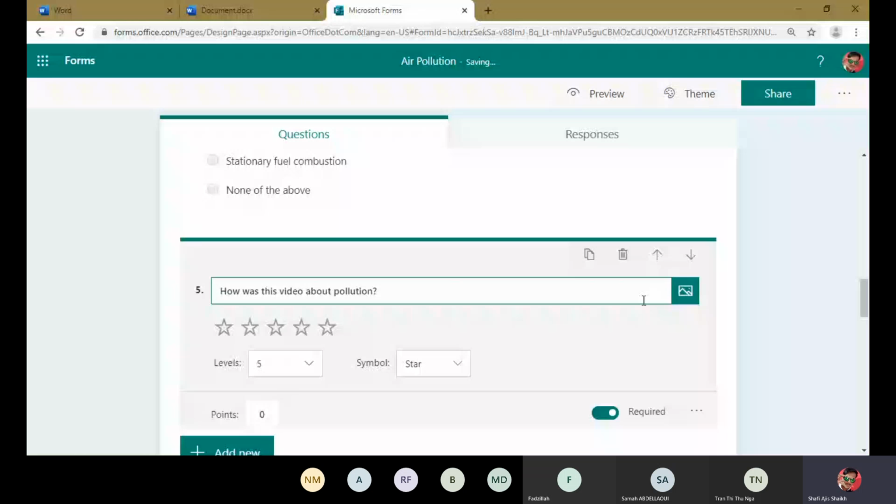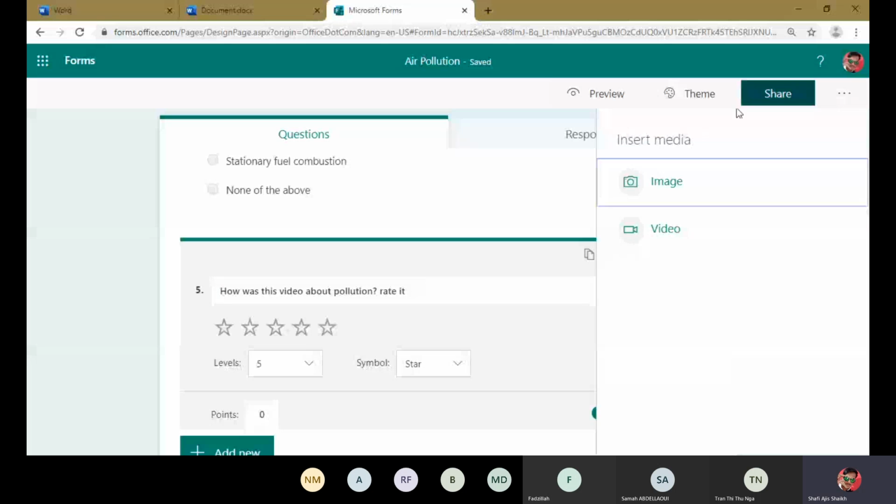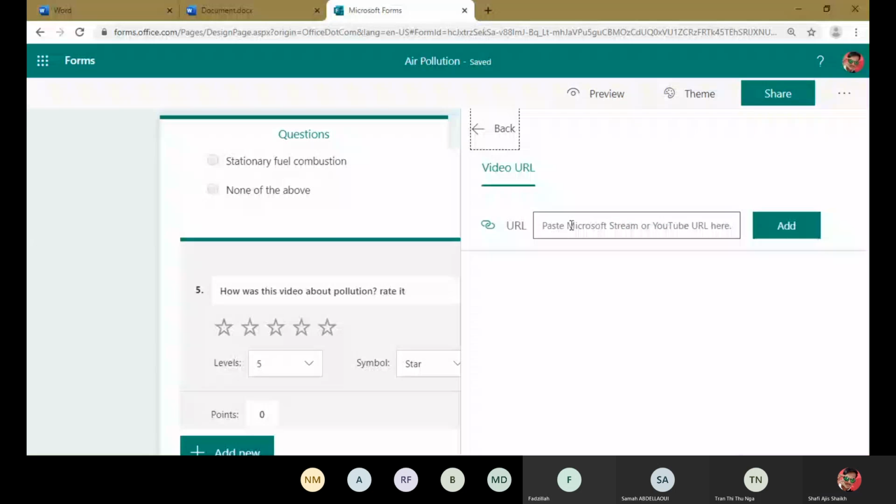So simply we can choose video, for example, and we can paste URL related with our video. Paste Microsoft Teams or YouTube URL here. For example, I want to choose pollution video, air pollution by National Geographic.